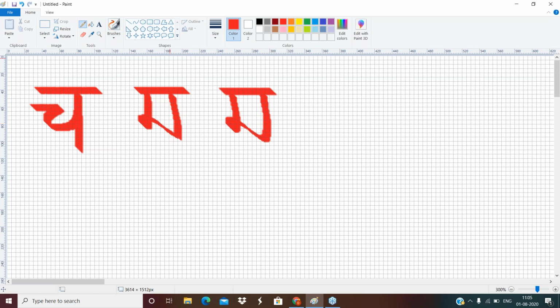Now, if I have to draw the same thing with the pen, it's here, slightly down, and then bring it up. This becomes Ch in Sharda.